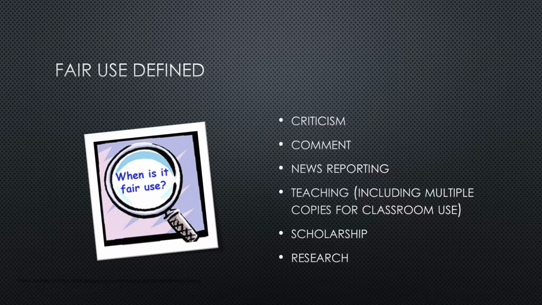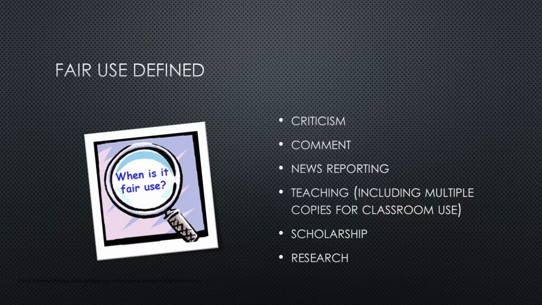So what is fair use and why is it important? Section 107 of copyright law defines fair use, which allows for the reproduction of works for the purpose of criticism, comment, news reporting, teaching, scholarship, or research. Just from that definition, we can see that fair use is extremely important in education. Without fair use, you could not, for example, hand out an article to your students in your face-to-face class or write a review of a book.